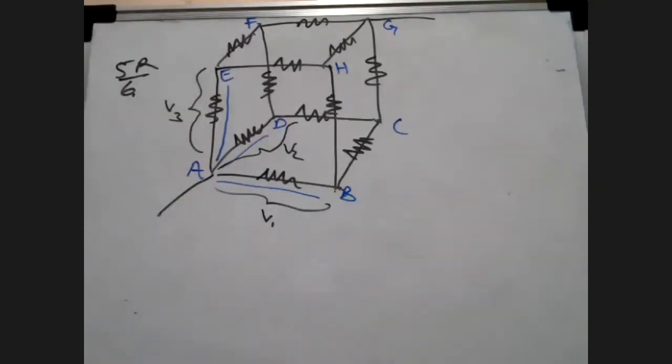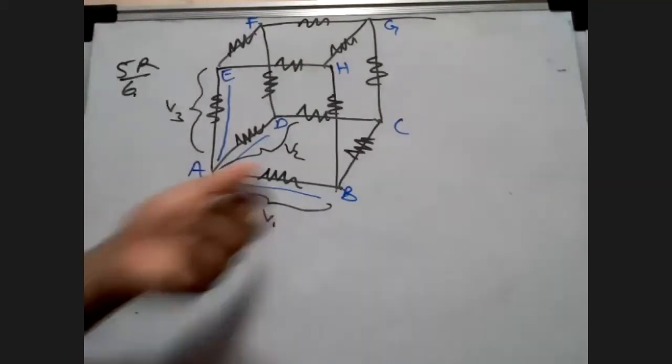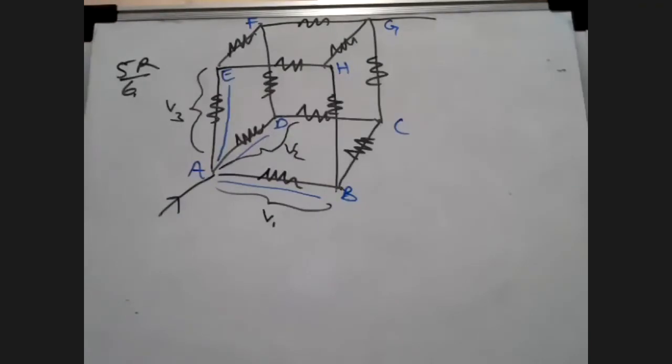But if you see, if I am sending current over here, isn't the current distributing? Is the current distributing? Yes. So if the current is distributing, can I say it is in series or in parallel? If the current distributes within two, three conductors, can I say they are parallel?